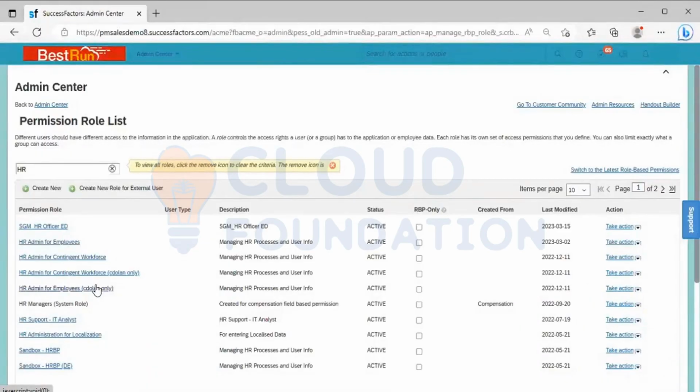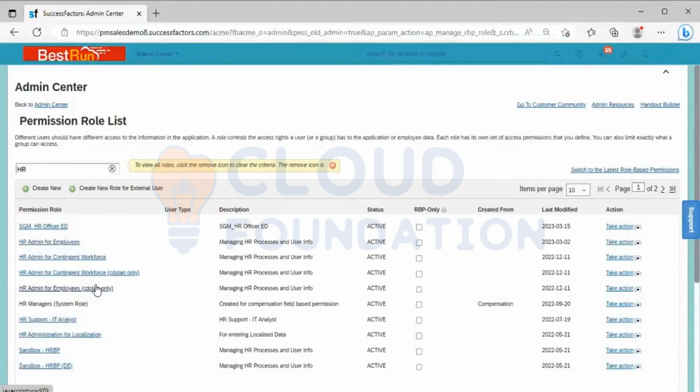That depends upon the role. That is one thing. Then it depends upon the module. Module means Employee Central; there will be separate permissions. Onboarding will be a separate permission. Correct.